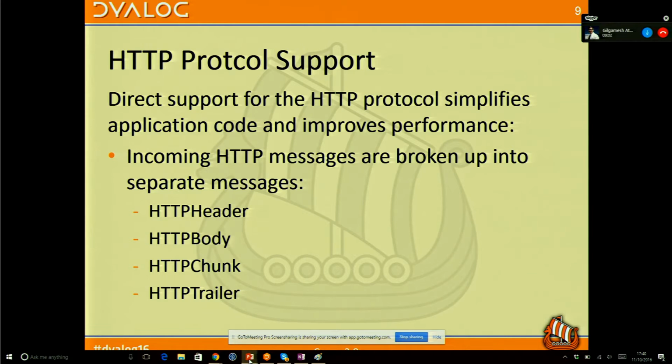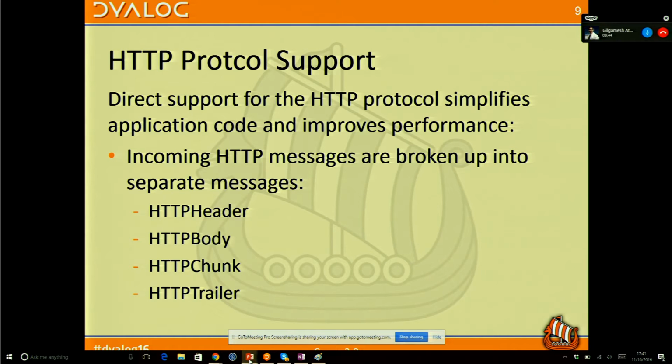Perhaps the most significant enhancement for people who are writing web servers is that Bjørn has added this HTTP protocol support to Conga itself. Where before you would have to receive a stream of data coming into APL broken up in chunks, search for the beginning and end of the headers, information about how much data there might be in content length, whether it was chunked, and so on, and do lots of string searches and code of a style that APL isn't perhaps the best language in the world to do.